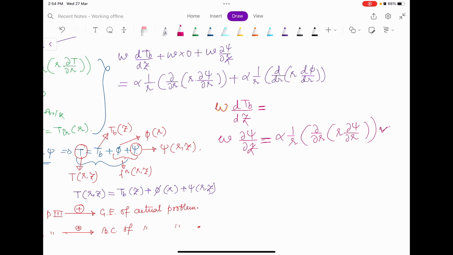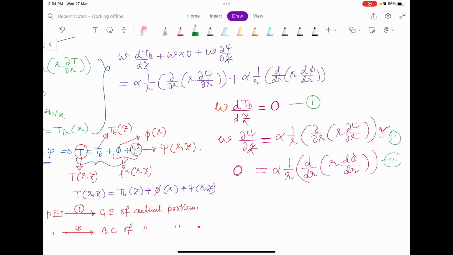And now for phi, I am not having any LHS, and also for TB I am not having any RHS. So let me write down like this. Now you tell me that if I add these equations 1, 2 and 3,